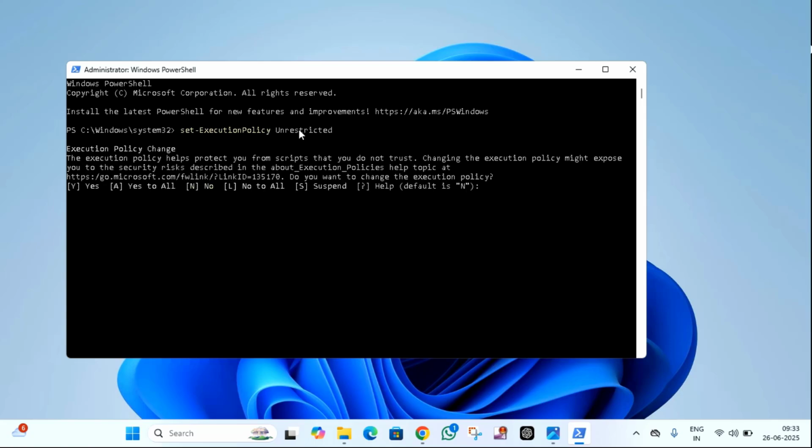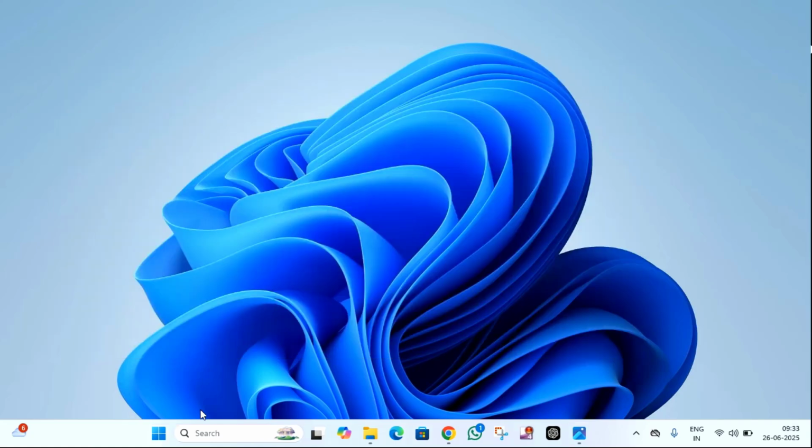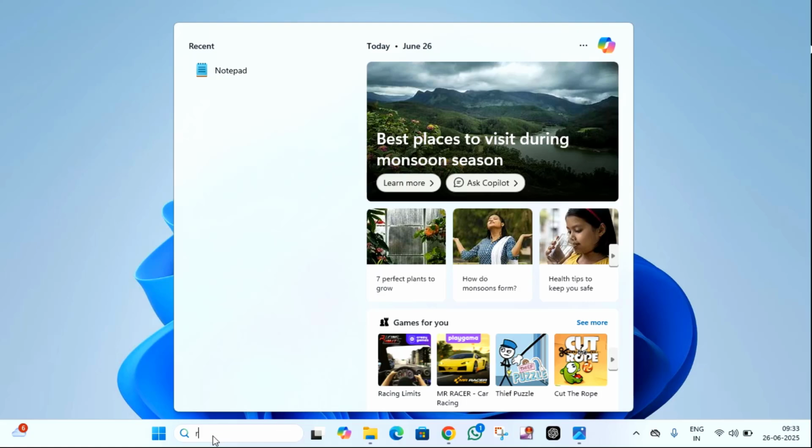After that it will ask yes or no. You have to just press Y, then hit enter and close this window. After doing this, if you are still facing the issue, then try the third method, that is